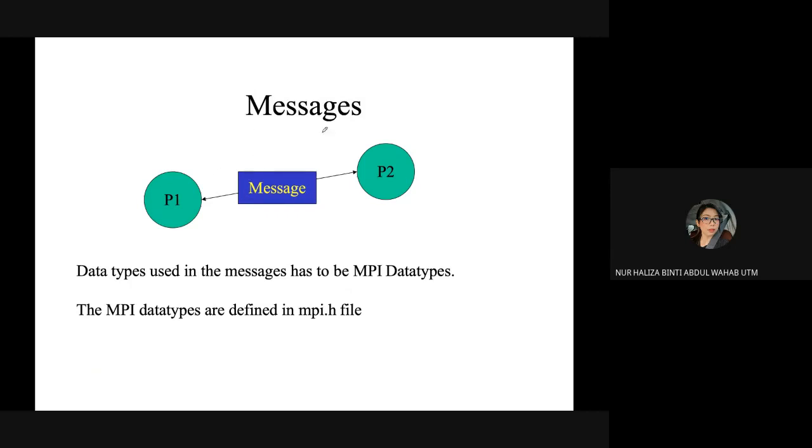Okay, so this one, we already know if let's say you want to send a message to other parties between me and you, or maybe in one single device you want to have communication with each other, you need to have a message like instructions or any kind of message between two processes, maybe you need to use MPI data type.